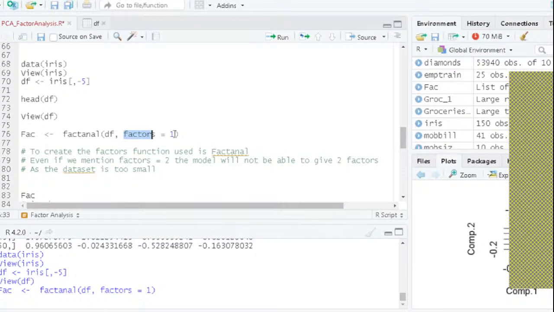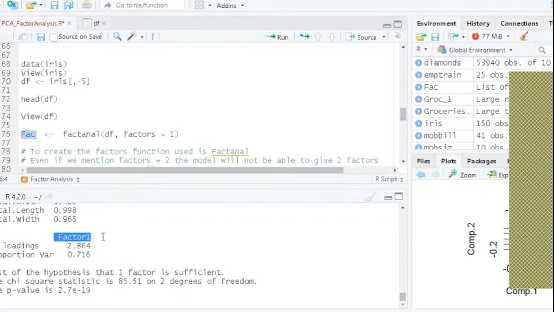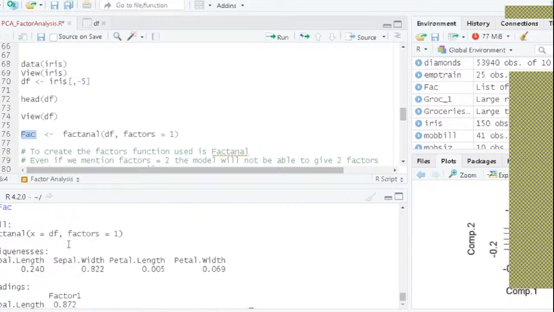Now factors equal to 1 means I'm asking R to create one factor only, right? How many factors do you want to create, basically? Since we have only four variables, even if I want to create two factors, it will not create two factors, it will only create a single factor. So if I just run this, it has created only one factor, right? And these are the loadings,